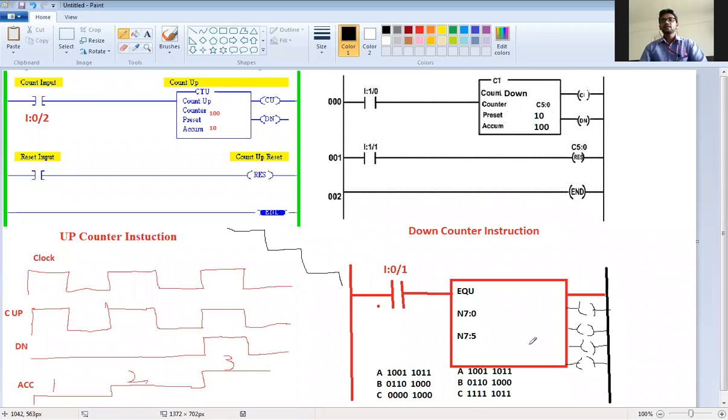And then we have studied the data handling MOVE instruction, which is very simple, similar to the assembly instruction MOV. Then we saw the logical instructions. The first instruction was AND. So two sources are there, source A, B, and one destination. For OR also it is the same. It is performing directly ANDing and ORing, what we call logical operations. Then we saw the NOT, only source and destination is there. Then the clear instruction, only destination is there.